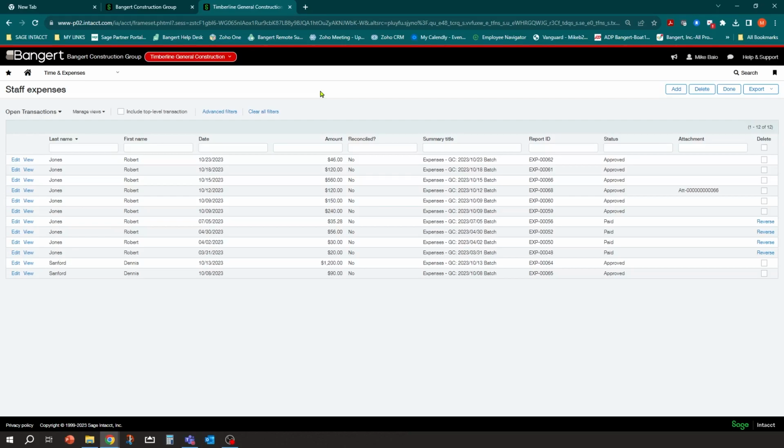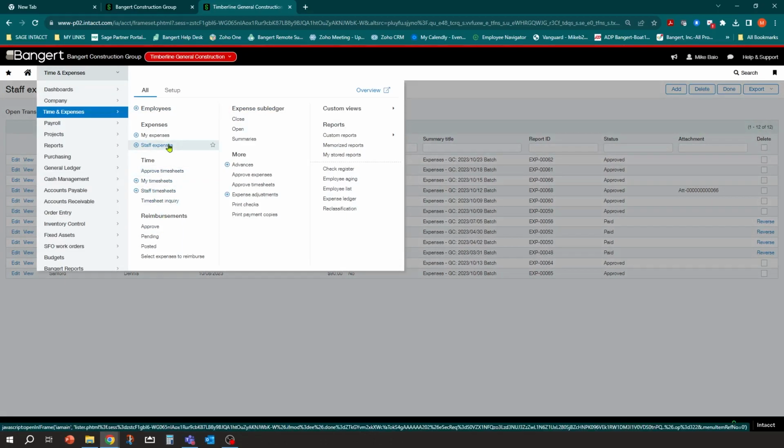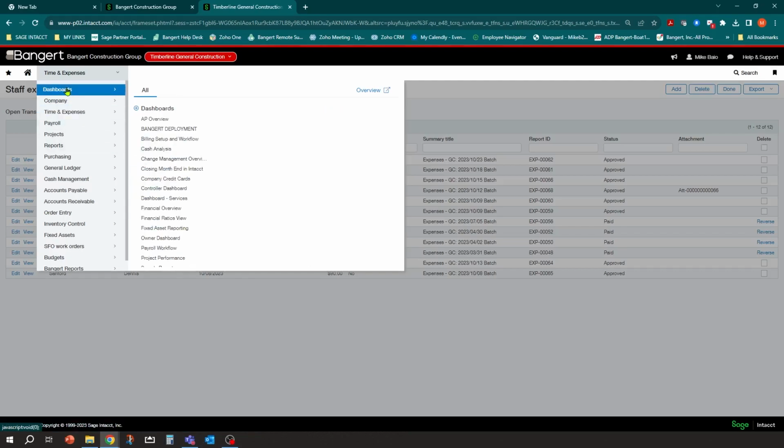So what you can do is you can run reports on this information. And what I've done is you can help yourself in this process, especially if you're used to it in some legacy systems. You can make that transaction a little bit easier. Instead of using the direct menus in here, you can create your own dashboard. So always keep that in mind. And I like the dashboards for workflow setup as well.